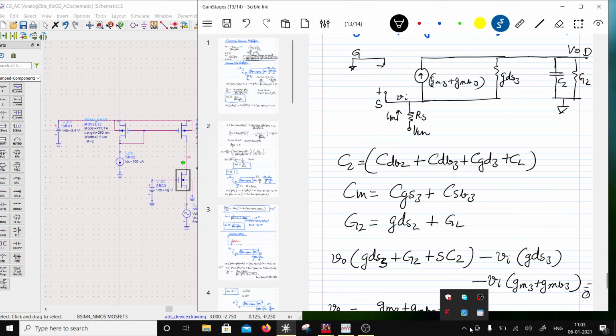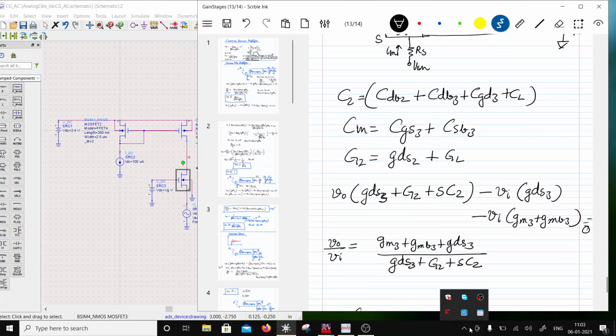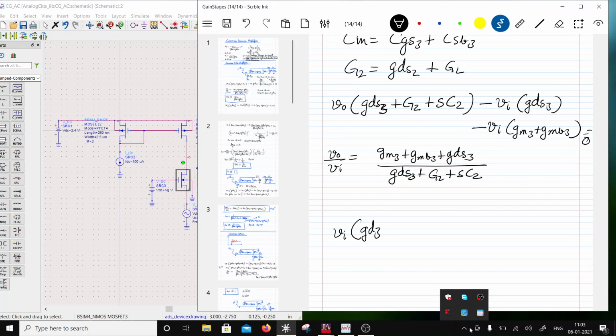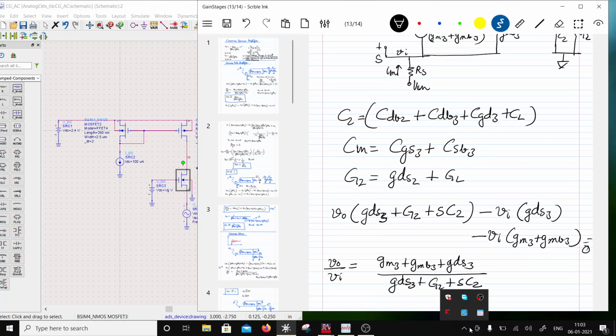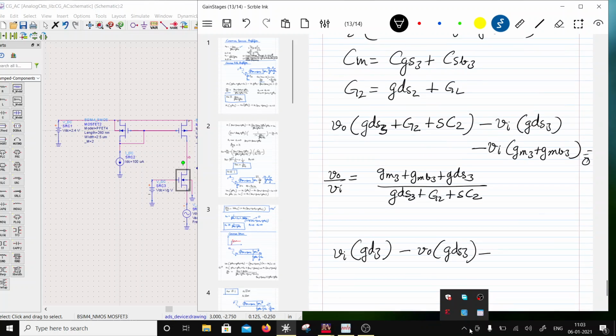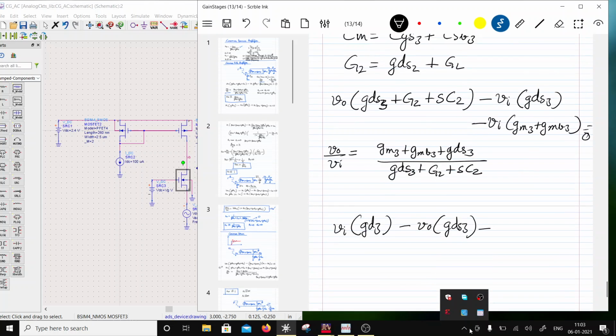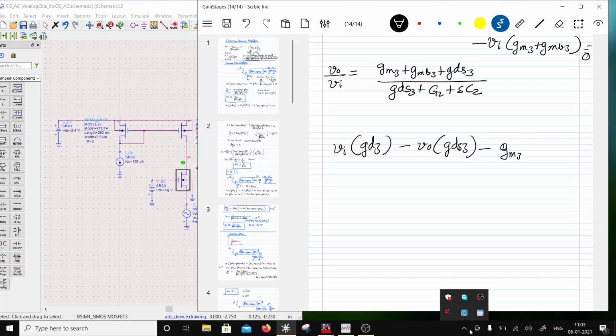So I am going to have VI into the conductance connected to this, GDS3, minus VO, the conductance in between is GDS3, minus the current flowing out of the node, which is going to be GM3 plus GMB3 times VI, and then minus IN, and since this is the current flowing in, IN is going to be minus,